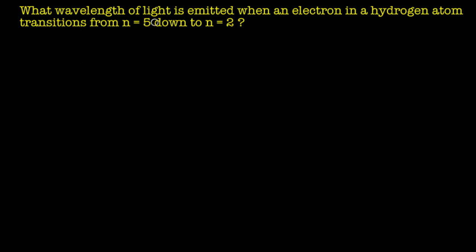What wavelength of light is emitted when an electron in a hydrogen atom transitions from n equals 5 down to n equals 2? If you want to pause the video and try to work this out, now I'm assuming you've unpaused the video. So remember that